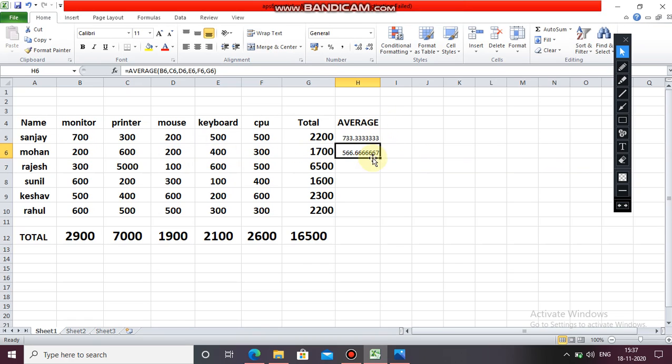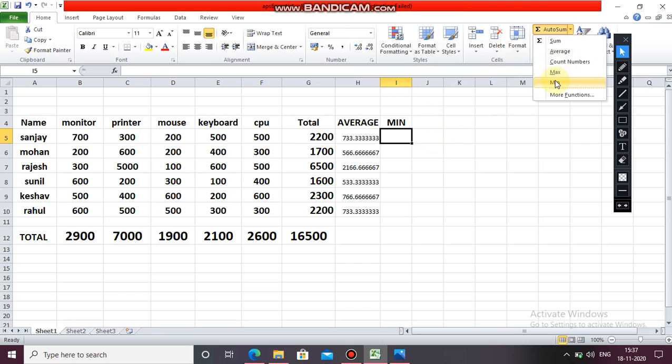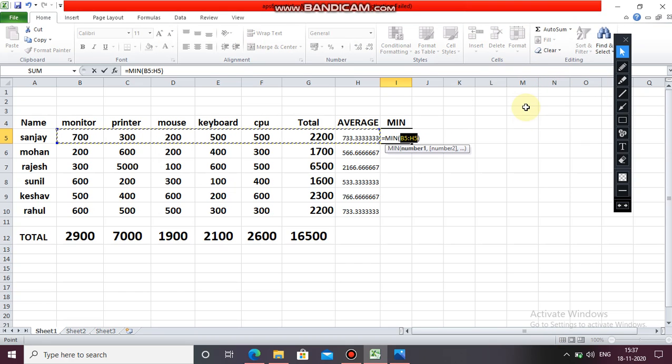Okay, now from here you can drag it with the Autofill feature, see, different averages are there. Minimum value, maximum value. Minimum you can take it, just click here, go to AutoSum, minimum.